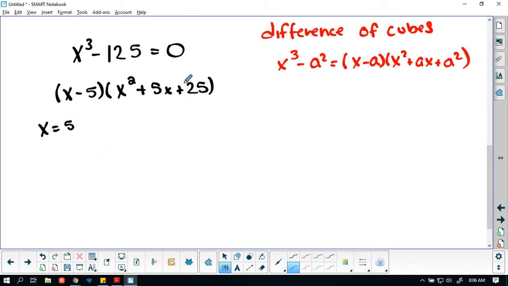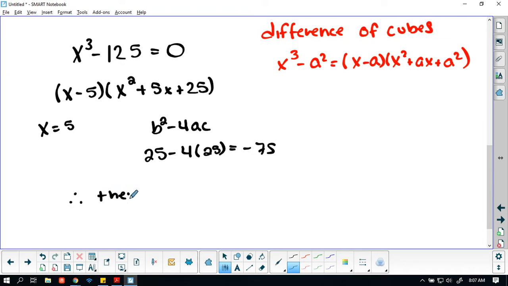But if we look at the discriminant here, remember the discriminant is going to be that b squared minus 4ac from the quadratic formula. If we look at the discriminant here, we have 25 minus 4 times 25, which is going to be negative 75. So this would give us an imaginary or a complex number. So therefore, we only have one real solution,